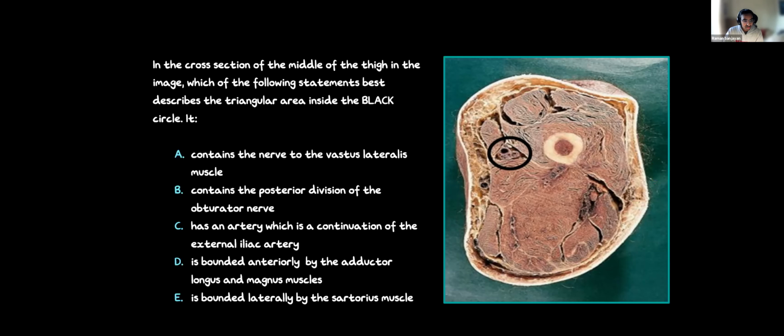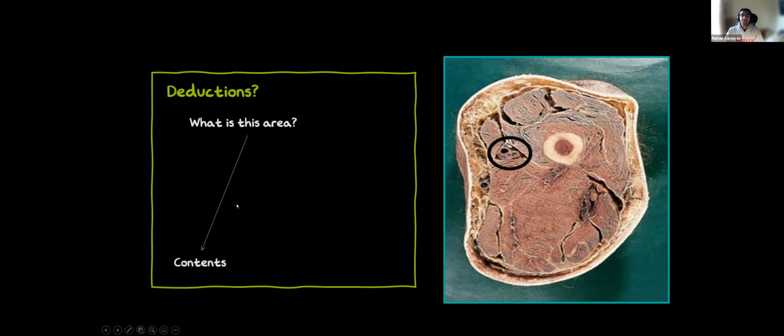Okay, so there's a next slide. But yeah, there's two ways you can go about this. First of all, what is the area? Once you know what it is, you can use your memorized knowledge to determine what the contents are. For example, if I said this was part of the femoral sheath, I know what's in the femoral sheath. So you can connect those two dots and say, okay, well, the contents must be blah, blah, blah. Or if you have no idea, you can take a longer route,